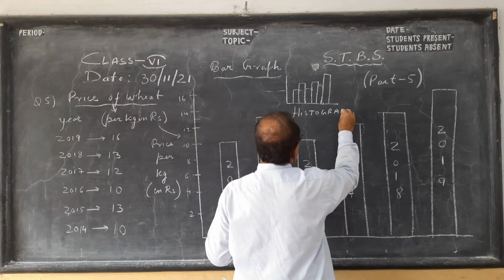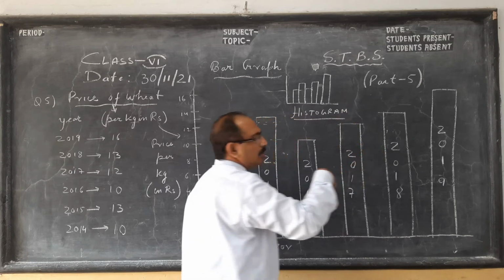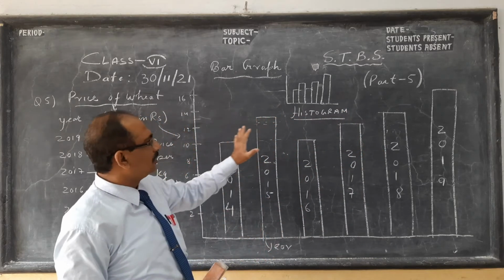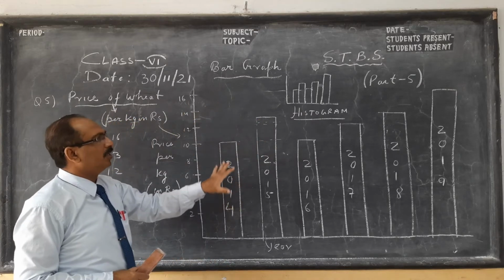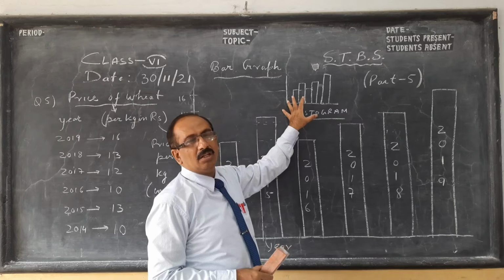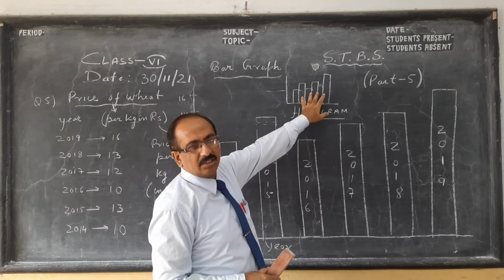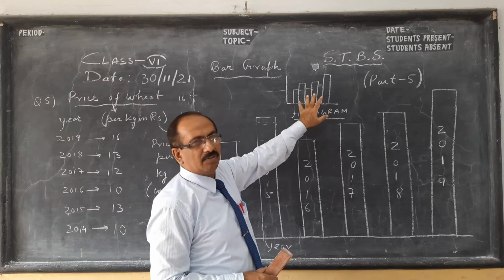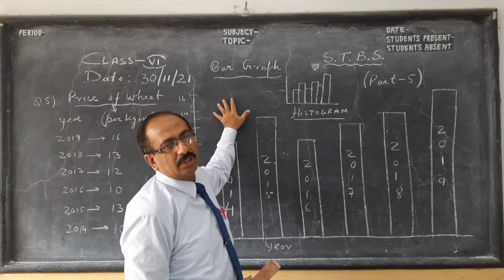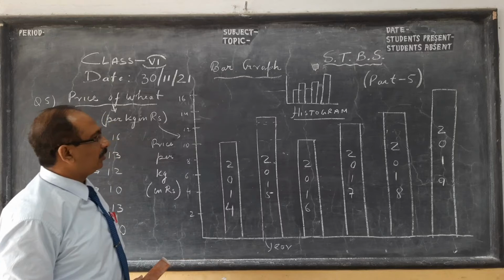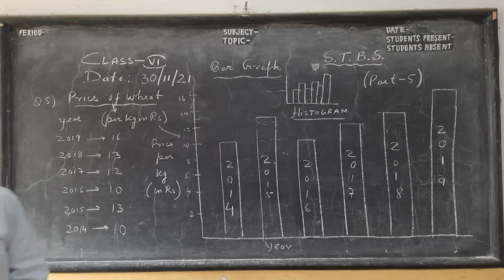In the beginning I have taught you what a pie chart is. So these three things are frequently used. The bar graph, this is a vertical bar graph, this is a histogram roughly depicting this, but here there is some variation, and then one example I'll show you on a horizontal bar graph. Then we will come to the end of today's video lesson. So kindly pause the video and copy, then we take on the next sum.